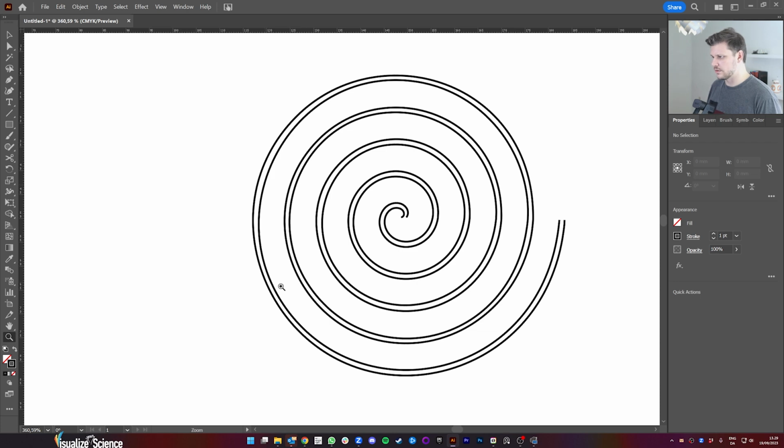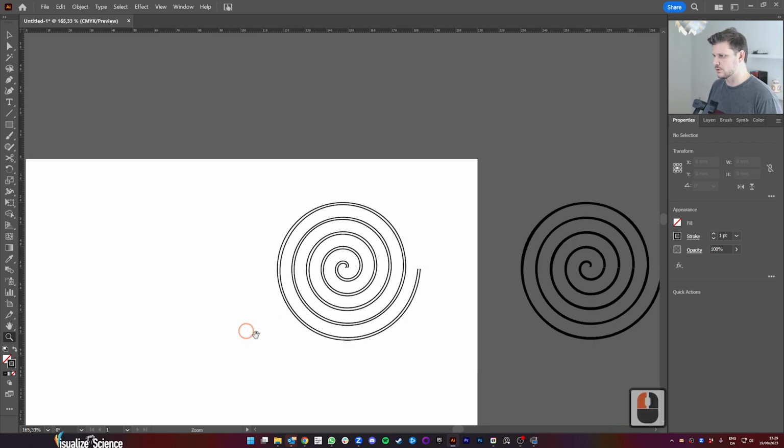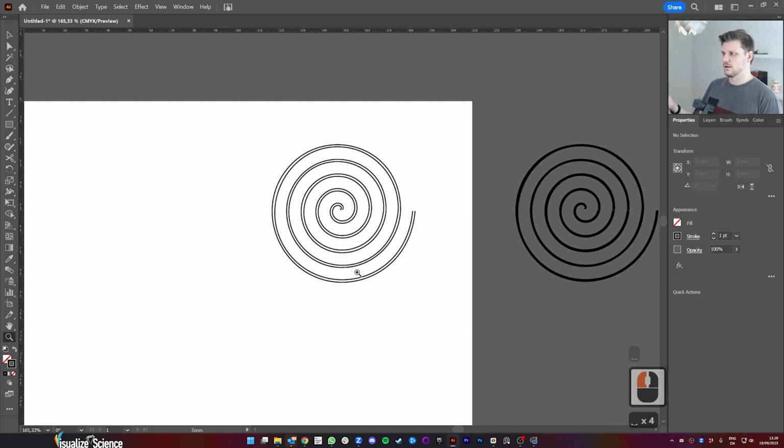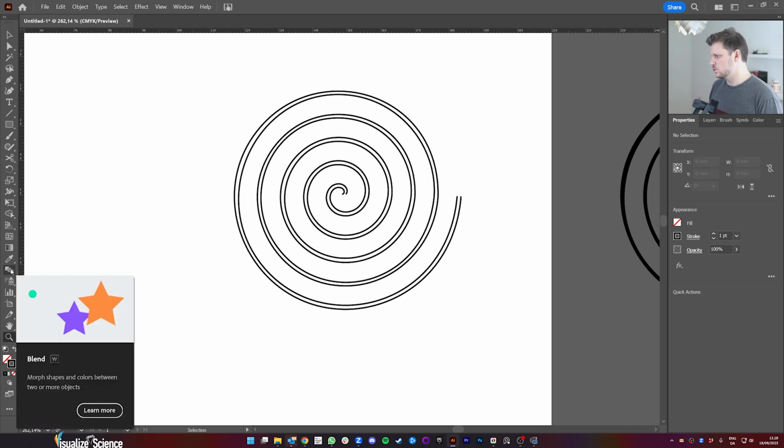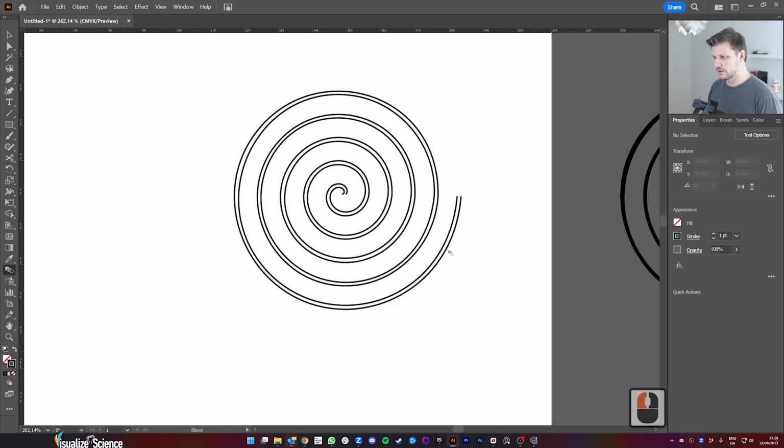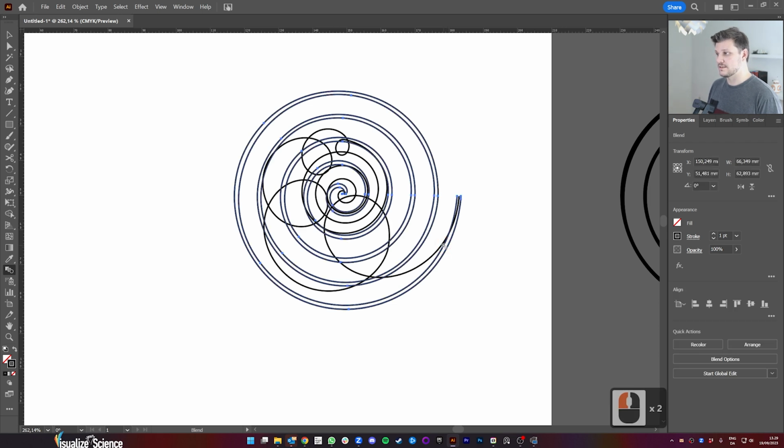So here it's a little bit thicker compared to here where it's a little bit thinner. So that obviously impacts the shape of it. So if we want to be accurate about it, we want the line that runs in between these 2. And we can get that pretty easily by using the blend tool here. So if you go ahead and pick one and then pick the other, you can see that that doesn't work